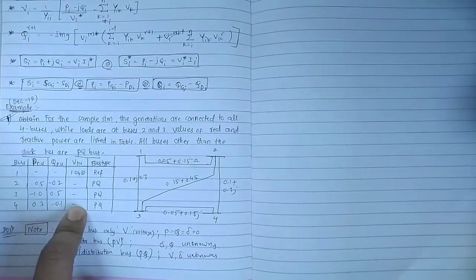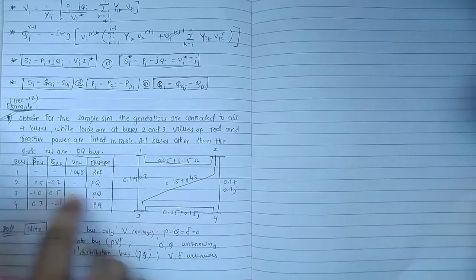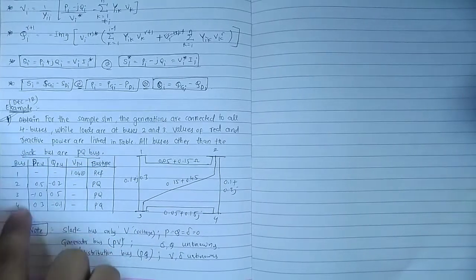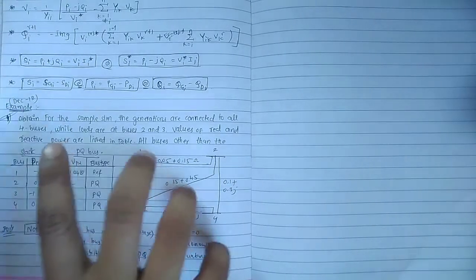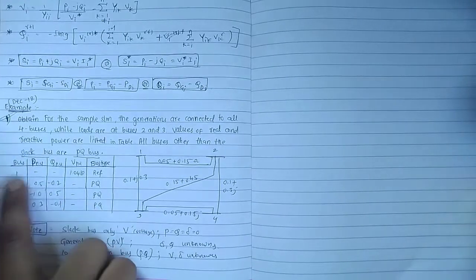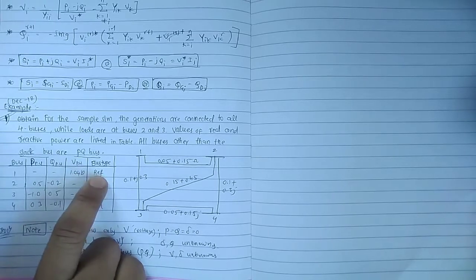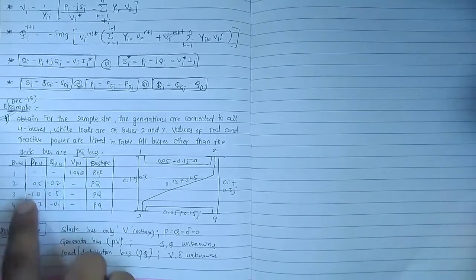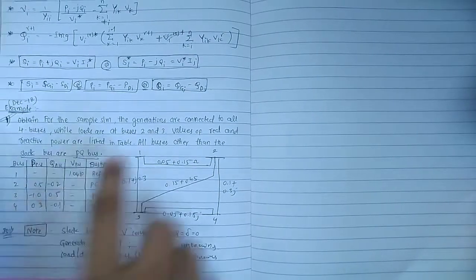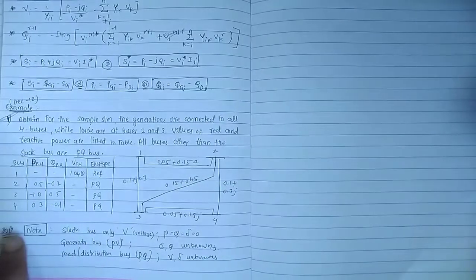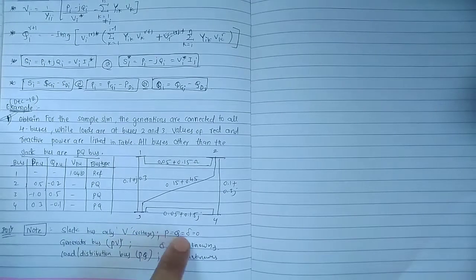Sometimes the data will be given in diagram format, but in this question it is given in table format. Buses 1, 2, 3, 4 are there, with the 4 parameters, one of which is active power P. For the first bus there is no P or Q value, only the V value, and this is called the reference bus, also called the slack bus. Next, for bus 2 we have a P value, that is 0.5, minus 2, and so on. These are PQ buses. In the slack bus only V is given, and other values will be 0.